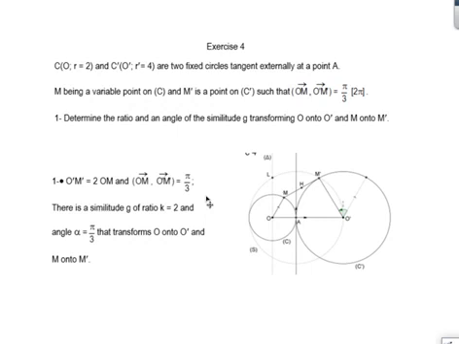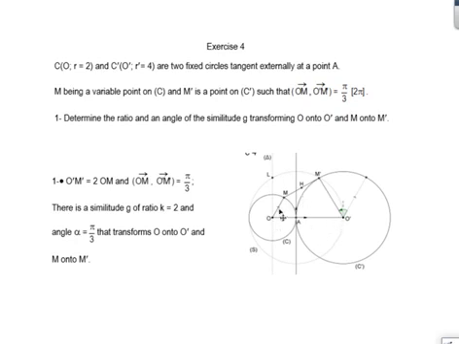Transformation, Session 9. Exercise 4, page 28. C is a circle of center O and radius 2. C prime is a circle of center O prime and radius 4. M is a variable point on C. M prime is a variable point on C prime, such that the angle (OM, O prime M prime) is equal to pi over 3. Calculate the ratio and the angle of a similitude G transforming O to O prime and M to